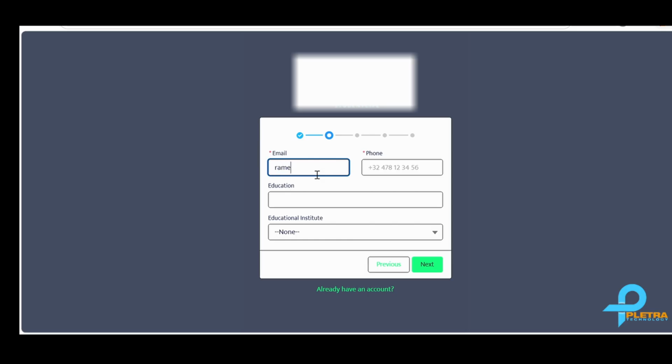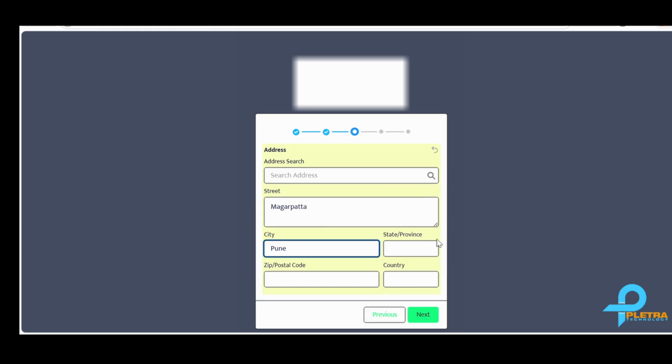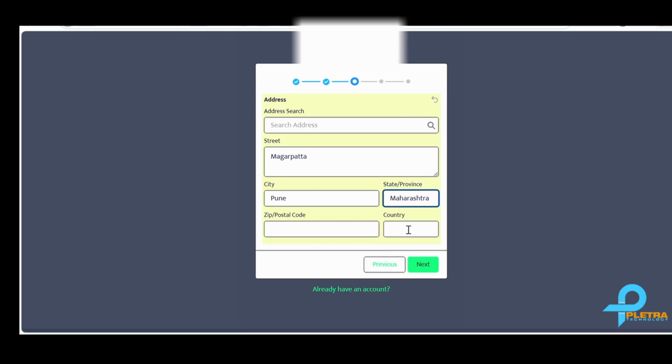I have to put down the email address here. Mention phone number here. Click on next. Here we have to click next.